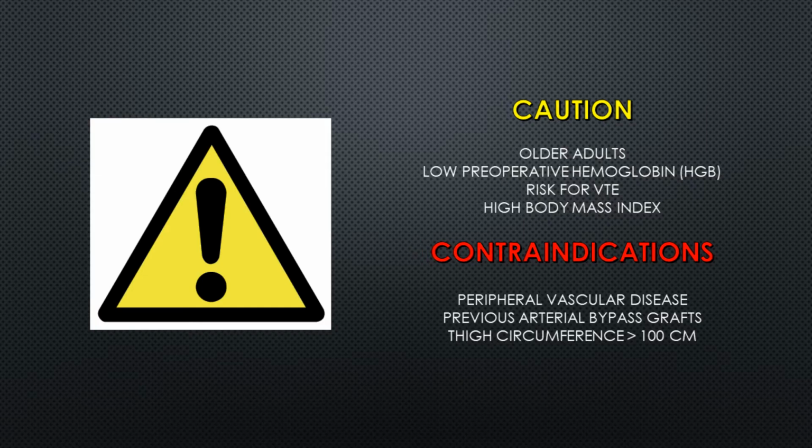It is important to assess the patient preoperatively for contraindications to tourniquet use and factors that may increase the patient's risk of developing complications. Use caution for patients who are older adults, have low pre-op hemoglobin, increased risk for venous thromboembolism, or have a high body mass index. Specific contraindications to pneumatic tourniquet use include peripheral vascular disease, previous arterial bypass grafts, and thigh circumference larger than 100